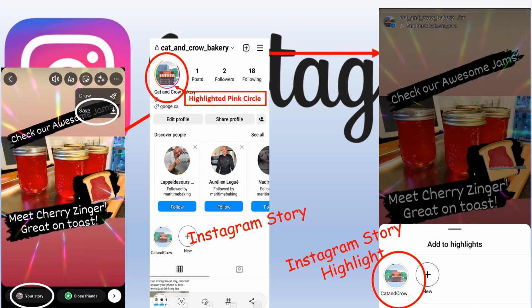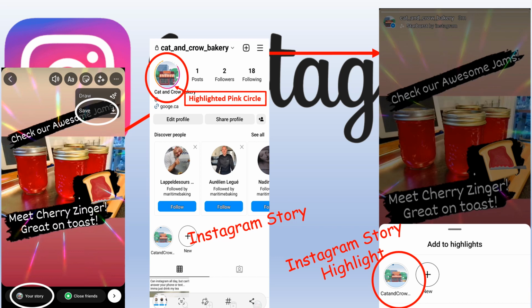Step 8, going from Instagram Story to Instagram Story Highlight. Now that you've completed your final edits, you'll need to save your story. Go to the hamburger menu at the top right and press the Save button. Hitting the Save button will freeze your edits and file the story within your camera roll. Add the edited picture to your story at the bottom left of your picture, seen in the white oval.